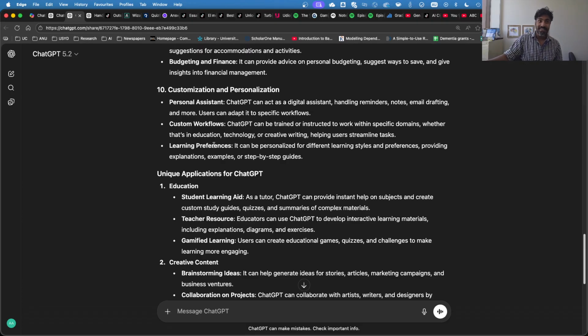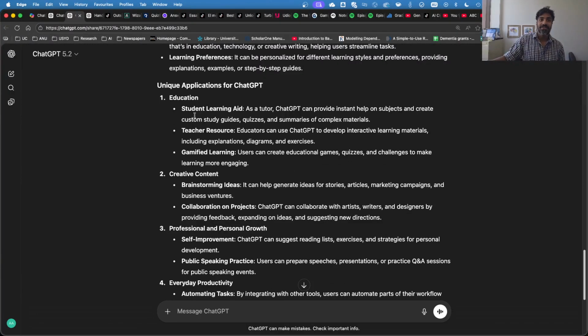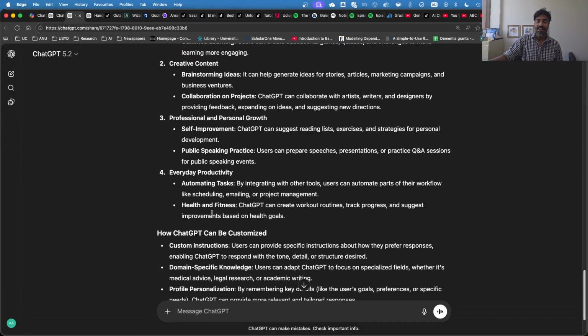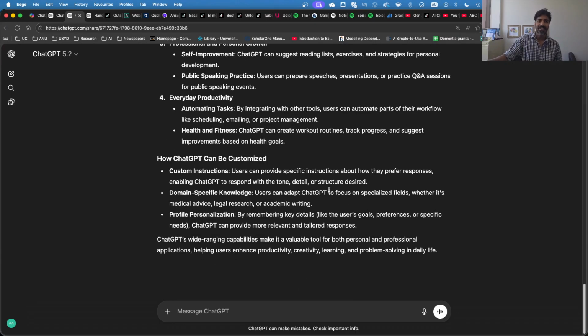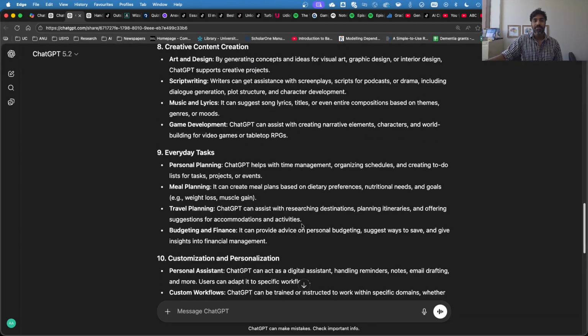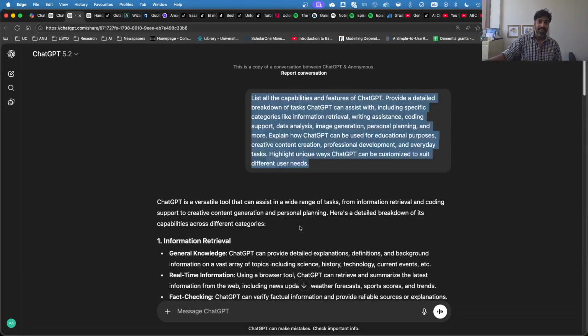You can use it as a personal assistant, and unique applications for education, creative content, everyday productivity. And you can customize it with instructions, domain specific knowledge, and profile personalization. So it can remember details about you and provide you with more relevant information. So that's really a breakdown of what it can do, and hopefully through that interaction you realize that it's quite